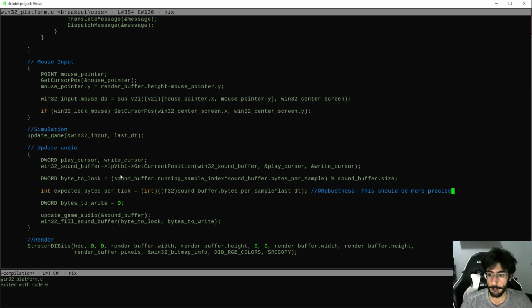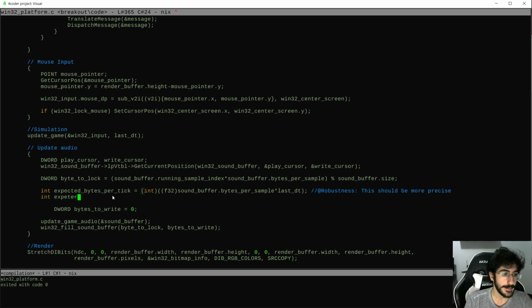Okay. Now, so this is the amount of bytes that we expect we're going to write. Okay. However, well, let's do like the expected boundary